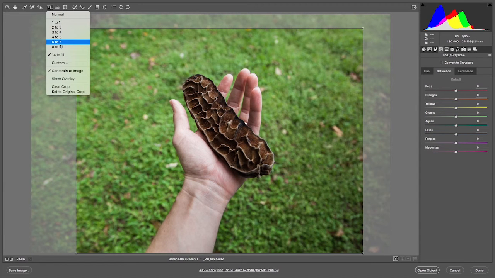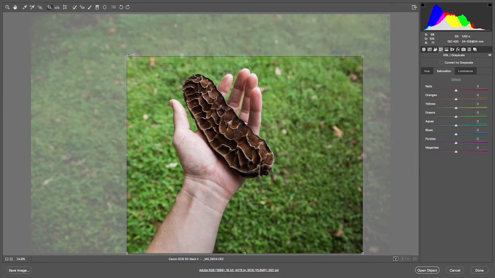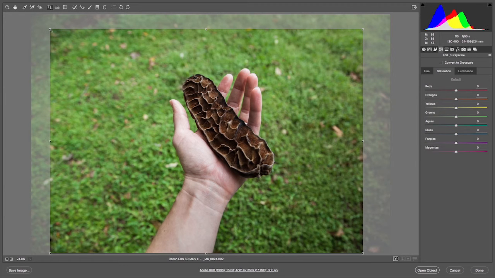You can make a custom one, or you can just do normal, which means that you can change this in any way you want. But if you know you wanted to make a 5:7 crop, or you're going to make an 8:10, then this is useful to use one of these. Now sometimes like 8:10 is not up here, but 4 to 5 is the same thing as 8 to 10. It's just the numbers have been divided into the lowest